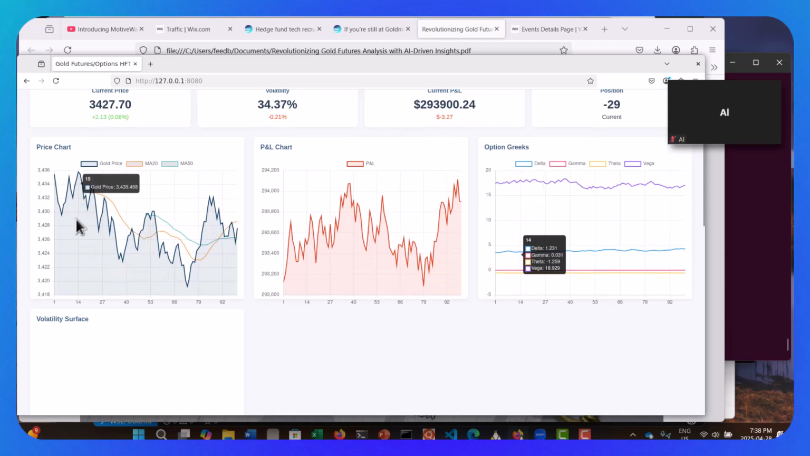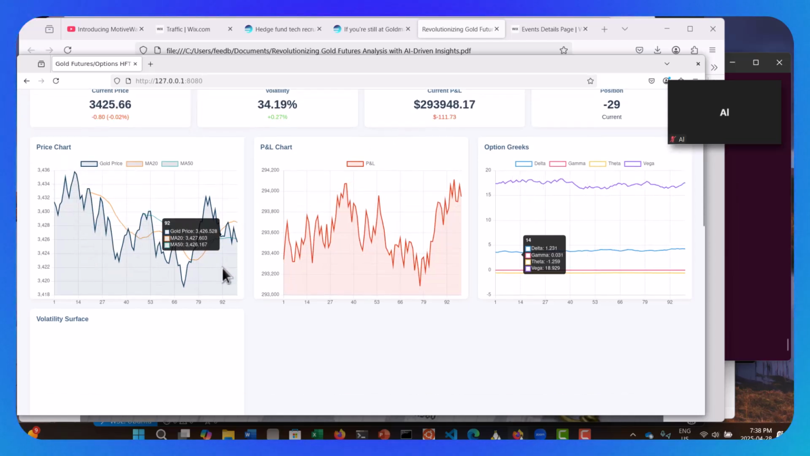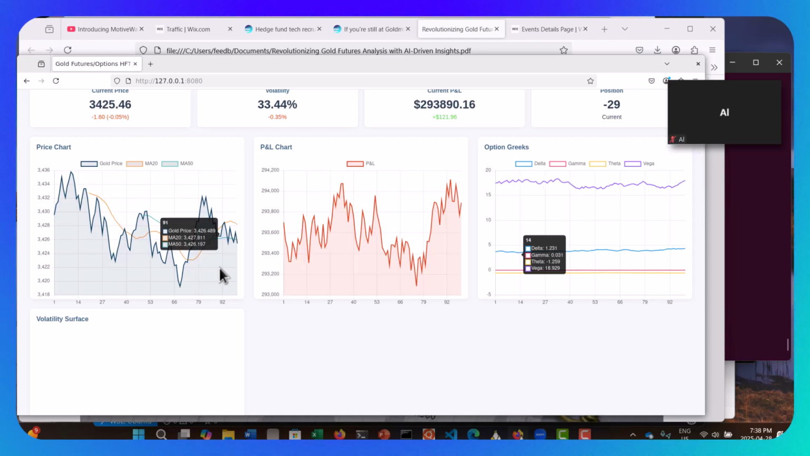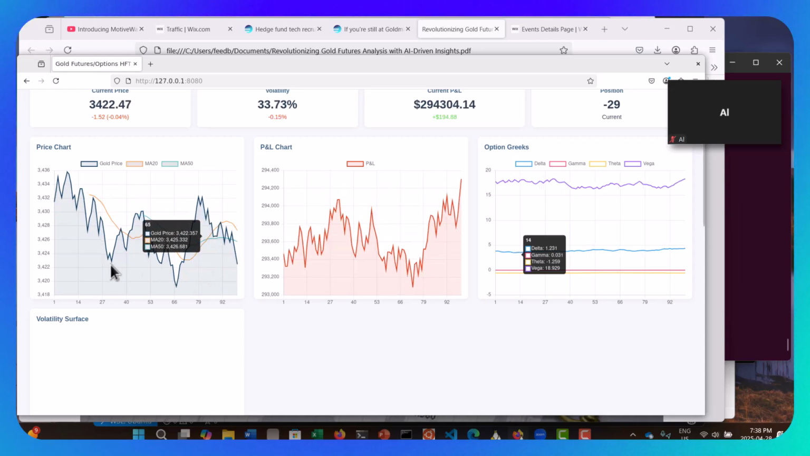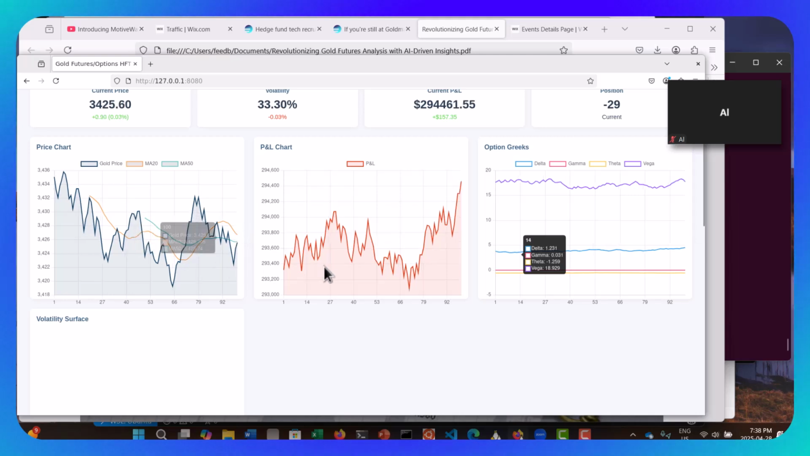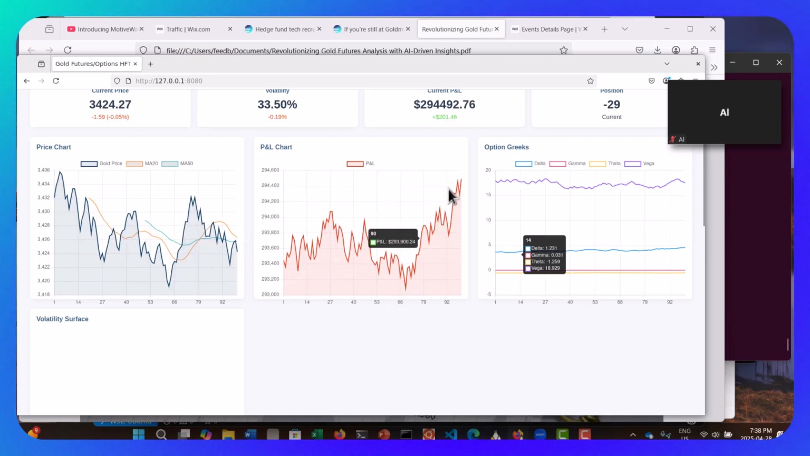In the charts, we have the current price chart. The strategy it's using is a simple moving average cross, as you can see here. It will also measure out